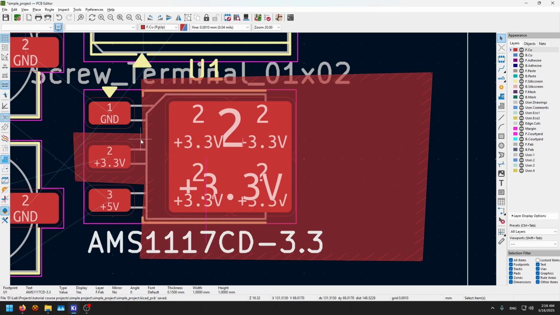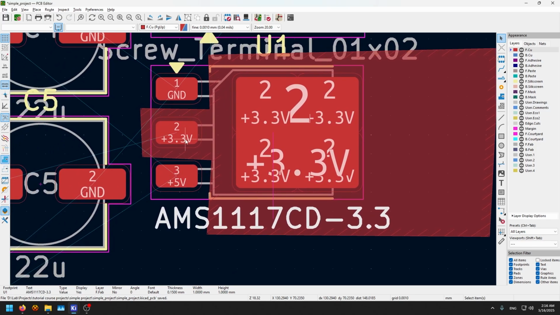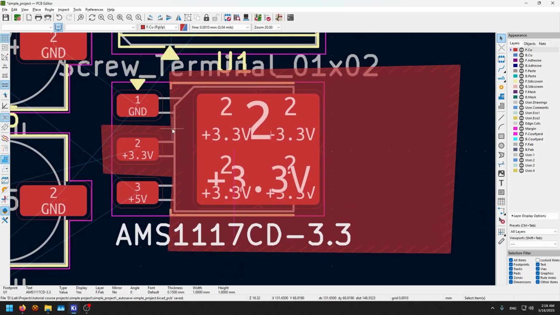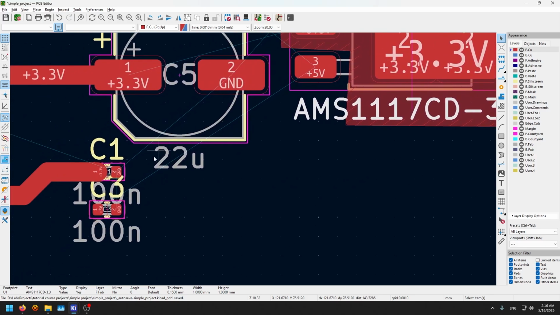Now copper, which is solid, is more effective thermally and better in electrical connection, but it has a problem when it comes to soldering these ICs, because when you start soldering, because it is so big and so flat, it's gonna suck too much heat and maybe can cause you problems. That's why they use thermal reliefs. But in my personal experience, I always go solid on such applications, except maybe, for example,